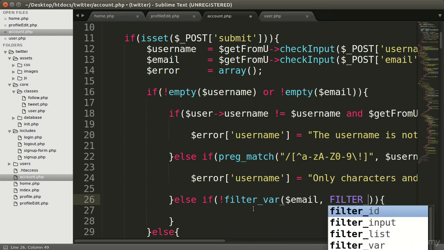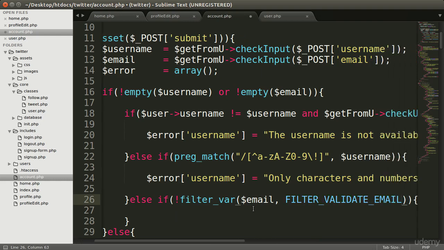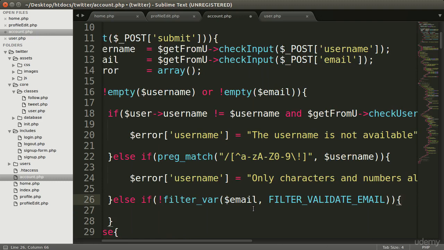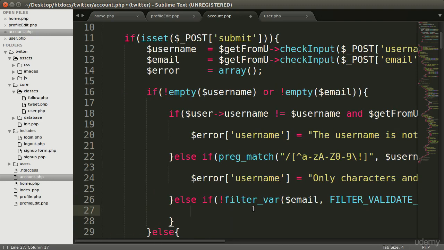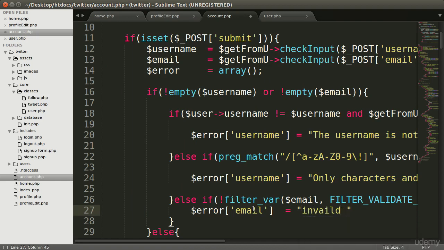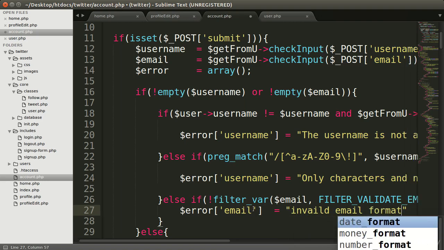So FILTER_VALIDATE_EMAIL to validate the email. So when you submit an invalid email, we need to set the error. So error, and this will be email error. So email will be here, and this will be equal to, let's say, invalid email format,